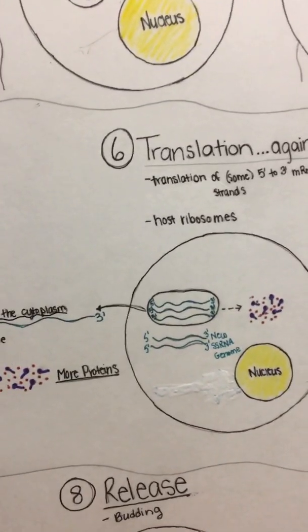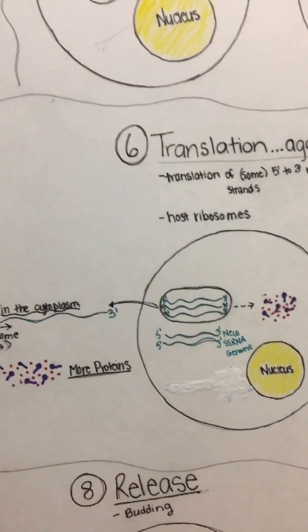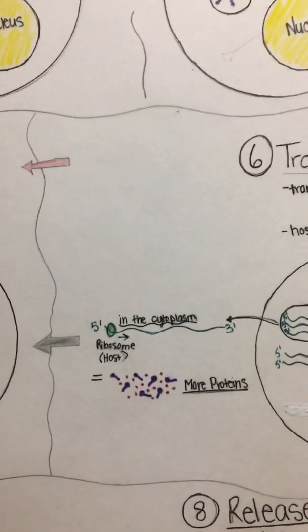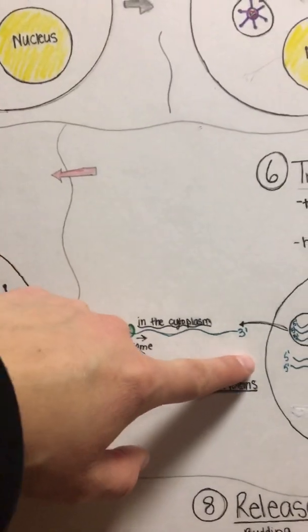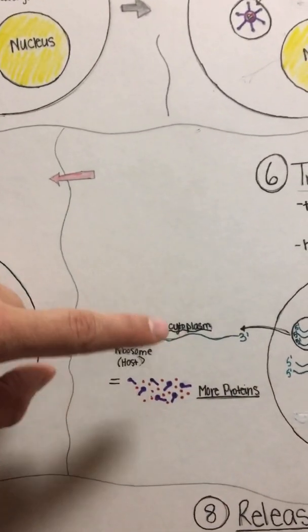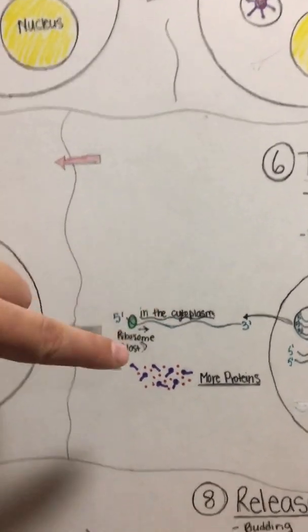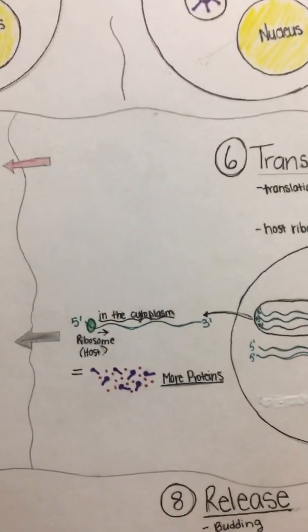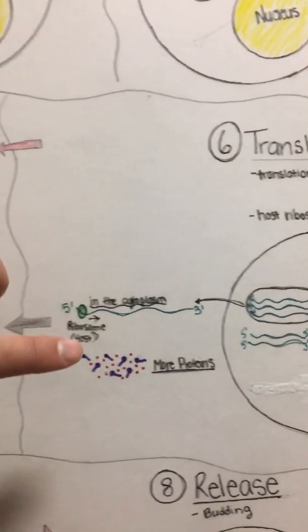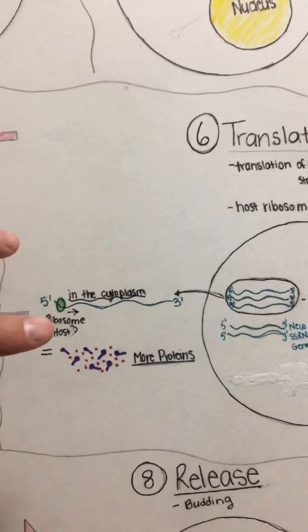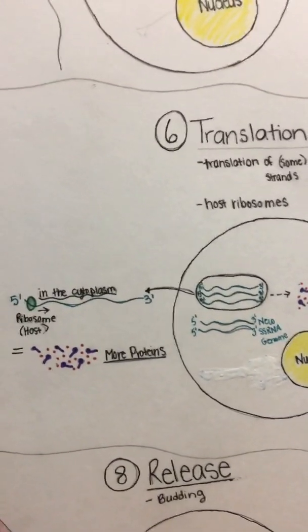The nucleus is there just to remind us that it infects eukaryotic cells that have nuclei. So it's going to occur in the cytoplasm. A ribosome is going to run across it in a 5' to 3' direction. It's going to bind to a Shine-Dalgarno sequence, or a ribosomal binding site, and translate it to proteins. So this could be capsomeres, spike proteins, glycoproteins, and basically proteins that are just needed for step